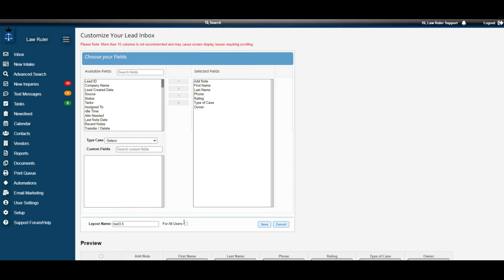Let's say I also want to pull in information from a customized intake. LawRuler does give you the ability to do that. You would go down here to Type of Case and select which type of case's intake you would like to pull information from. For this example, I'm going to pull information from all, which spans across all of my different case types for the intake. I'm going to select the beneficiary name, which is a customized field, and then move it over to the right